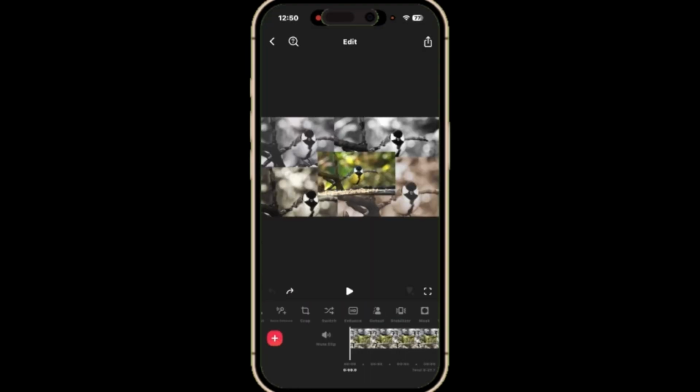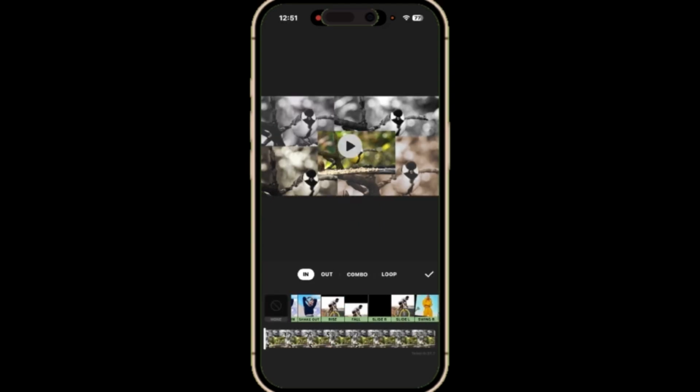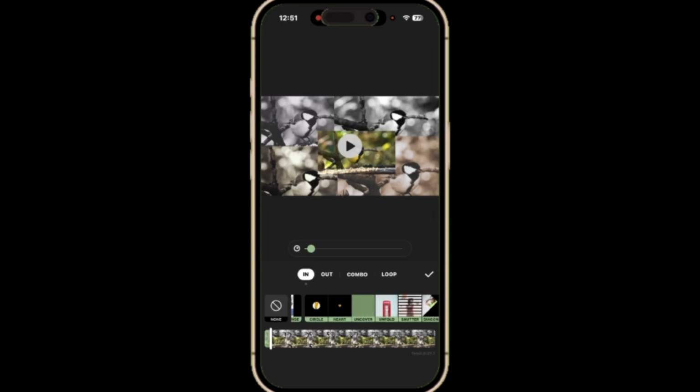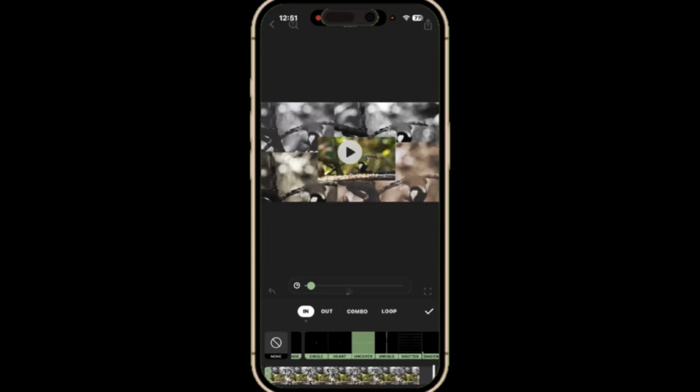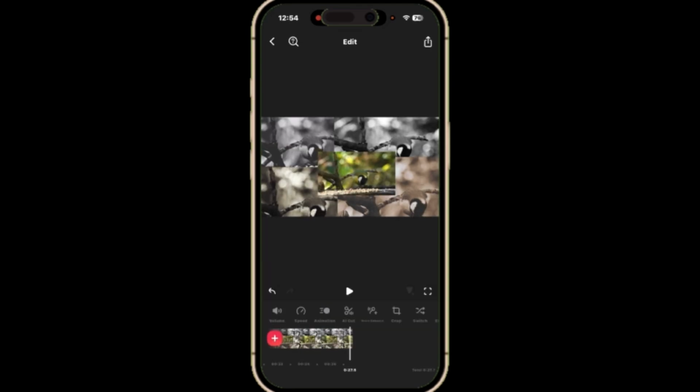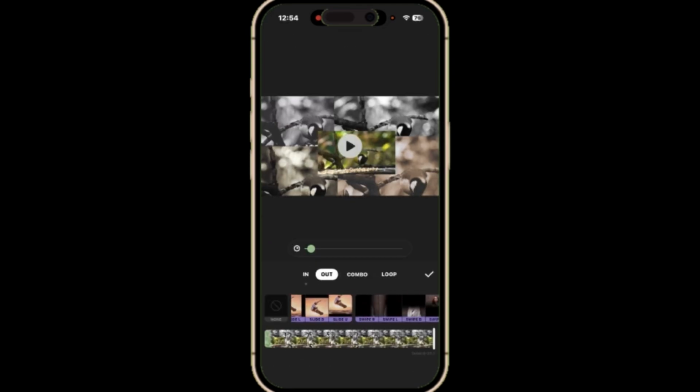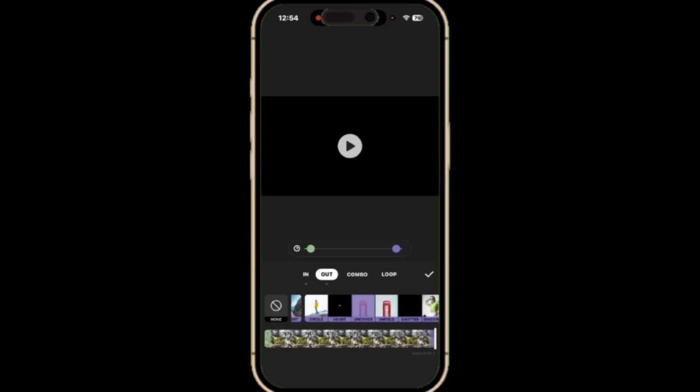add your clips. Now you can tap on the transition button, find a transition that you want to use. That's going to set an opening transition. Scrub to the end of the clip and then tap transition one more time. Since there's only one clip, make sure that you tap on out and find the matching transition for the end. Leave the duration set the same